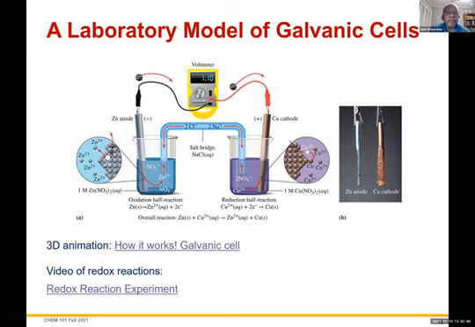Zinc dissolves into the solution. If you look at the zinc anode, it is getting smaller. And in the copper solution, copper ions are deposited on the copper electrode. Therefore, zinc dissolves, copper is deposited. As the chemical reaction goes on, zinc is turned into zinc 2+, and copper 2+ is turned into copper metal. So we can write down